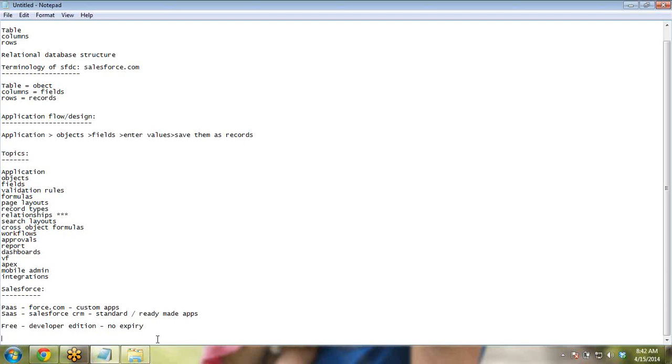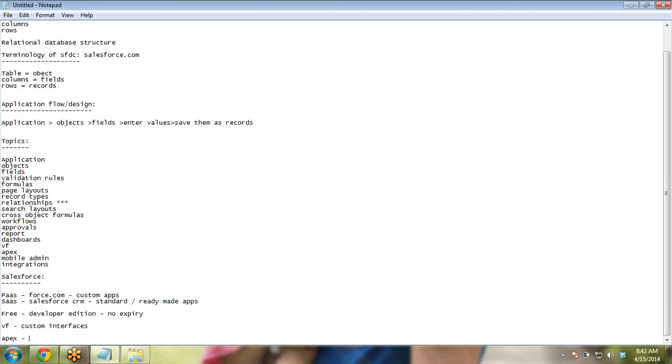In those cases where you cannot develop an application just by dragging and dropping things, if there's a unique requirement, you will be using Visualforce tags to create custom interfaces, and you will be using Apex to write custom logic. So what is VF? It's a tag-based language similar to HTML. So if you know HTML, you will know Visualforce. It's very easy. And Apex is an OOPS-based language